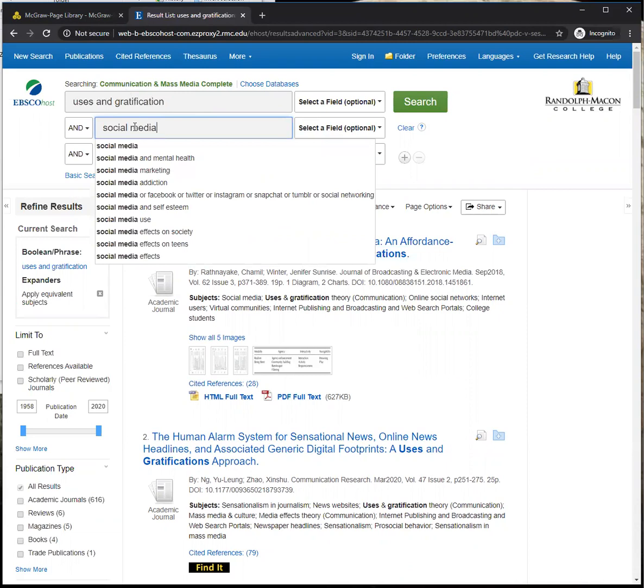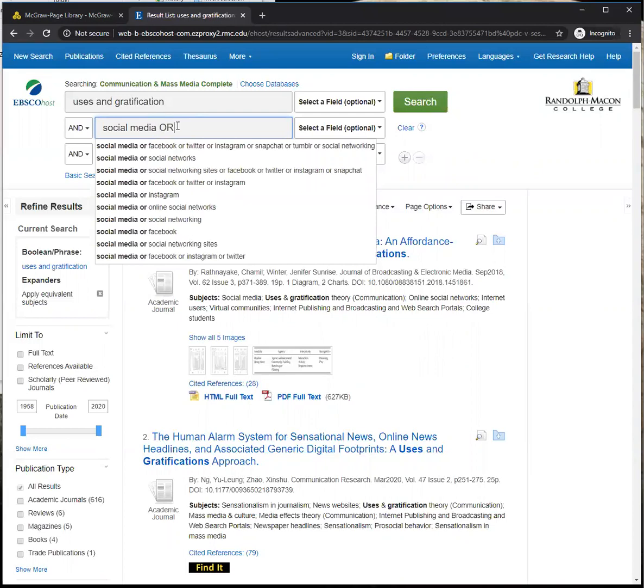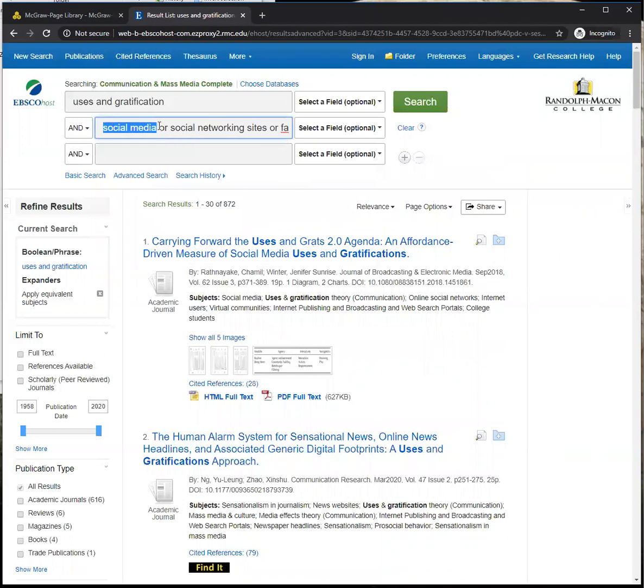Great. But something I want to point out as well. What if the researcher for the article that I'm looking for never uses the word social media? What if they're only interested in Twitter? So I want to make sure I'm getting all of my social media covered. So that's where OR comes in. It's our Boolean operator. Here we go, EBSCO suggests social media or social networking sites or Facebook or Twitter or Instagram. As long as one of these terms shows up, great. I don't care which one, as long as it's one of them.